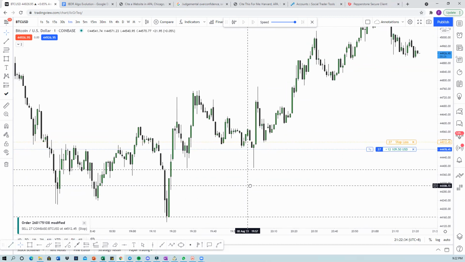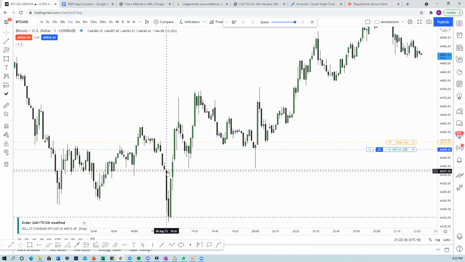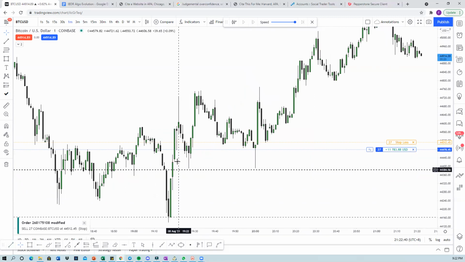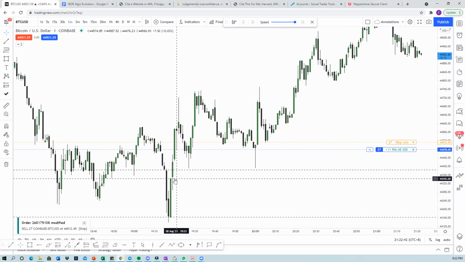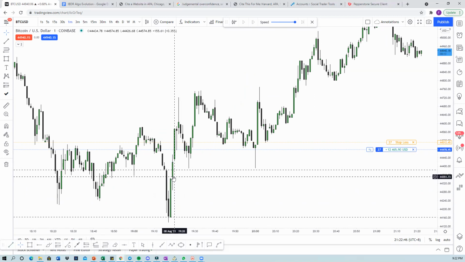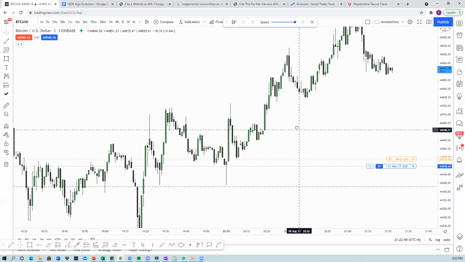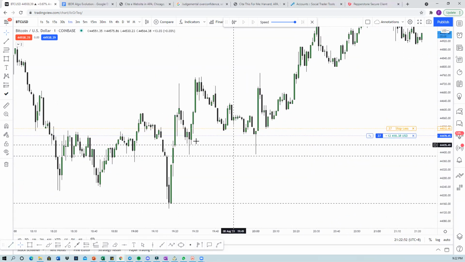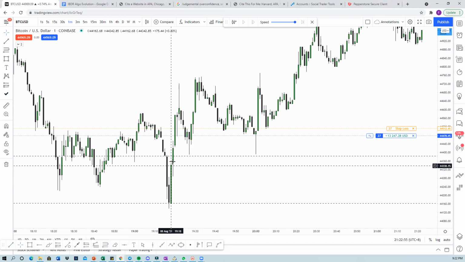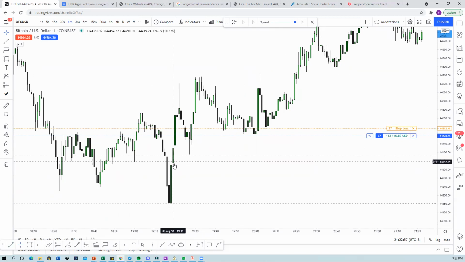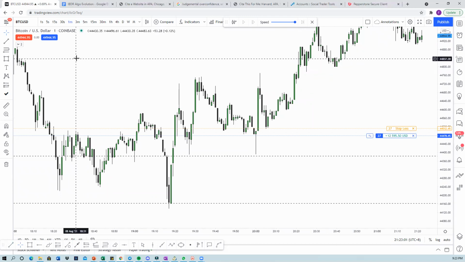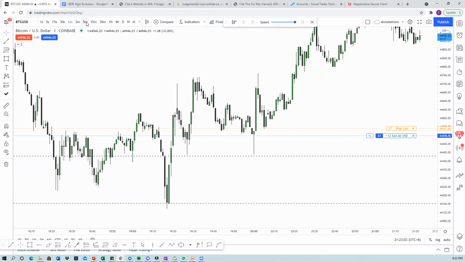Okay. So now here and also over here, you can see that there was a volume imbalance, right? Volume imbalance here, and there's a volume imbalance here. Now, if price decides to come down, that could be a reason for price to come down, take out liquidity over here and react from the volume imbalance. That's something that could be used to go higher. But I digress. So, looking at the 5 minute again,